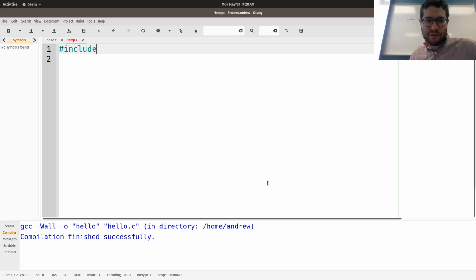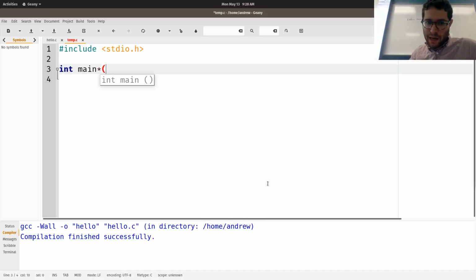It's a pretty standard first program, a strong program to write. And there are a lot of things that are going to go on here, which gives you an idea of what we can do. So standard include for input output so that we can read to the user. Int main.